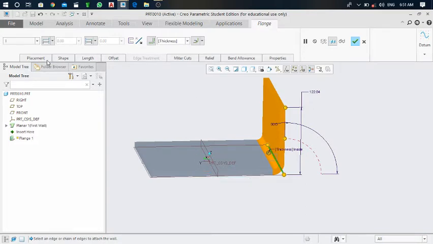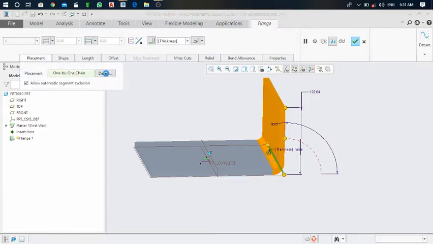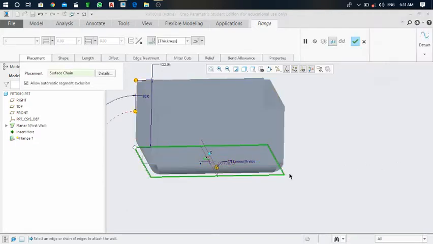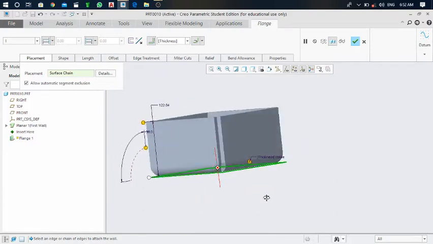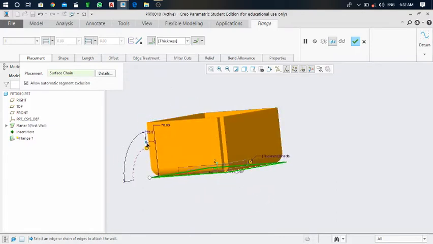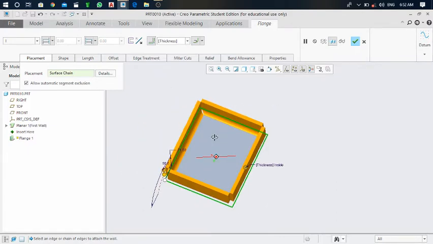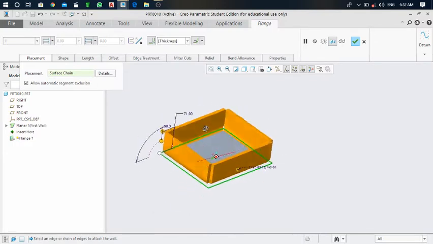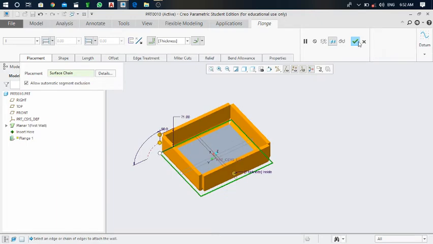For doing this, click on this placement and click on the detail, and next from reference click on this rule based, and here you can choose these rules. I would like to make it through the complete loop, so click on complete loop, click on OK. The system will generate the complete loop of this flange, and I can modify it simultaneously. I can adjust the height also like this. Now click on this green tick mark.